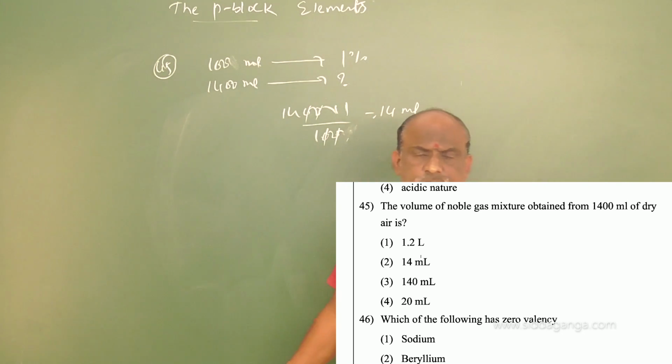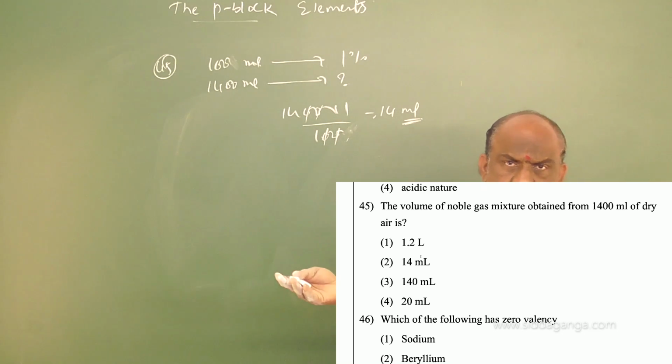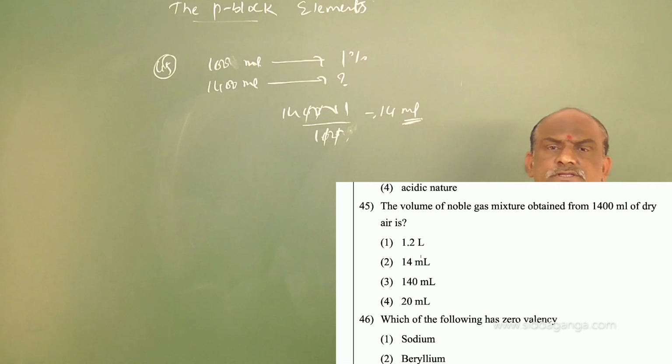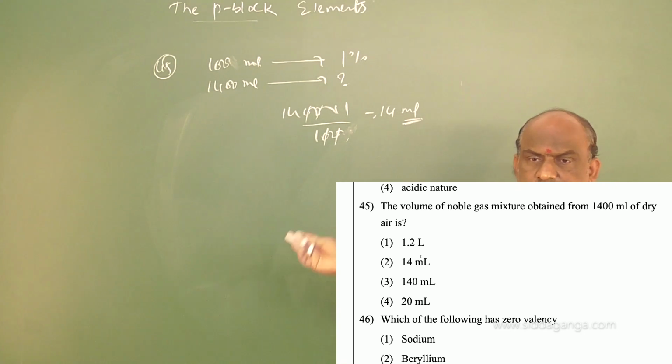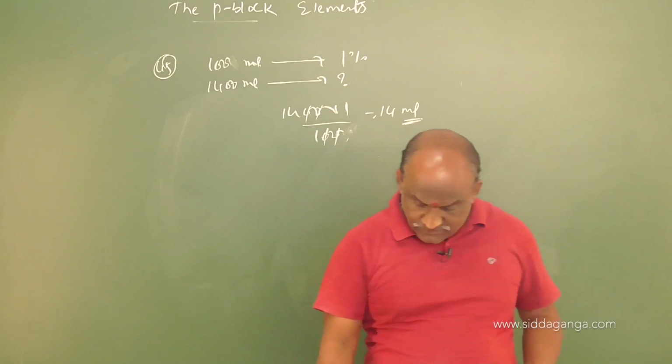But from a competitive point of view, we never expect numericals from p-block elements. We might expect this type of question for JEE, the engineering side, but for the medical stream it is not expected. If you find this type of question, you have to solve it by this method, because 100 ml of air contains 1% noble gas, so 1400 ml of air contains 14 ml noble gas. So this is question number 45. After 45, next,